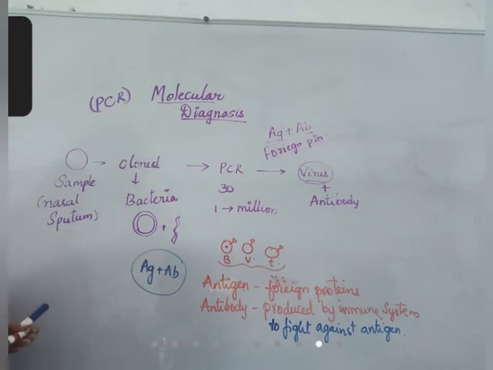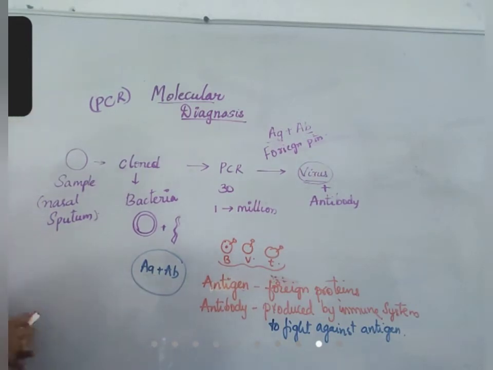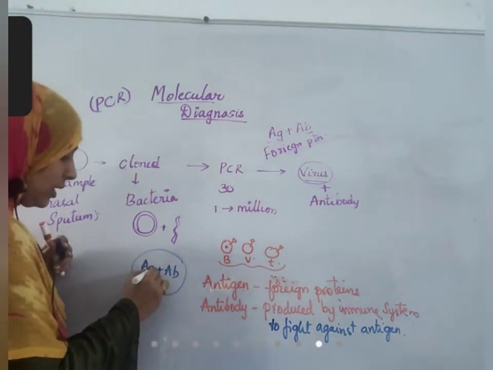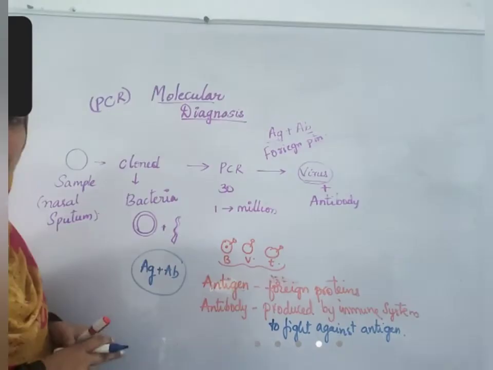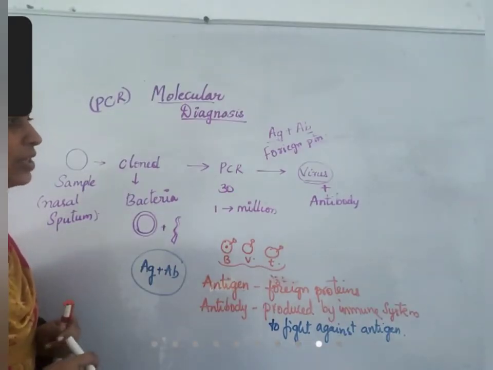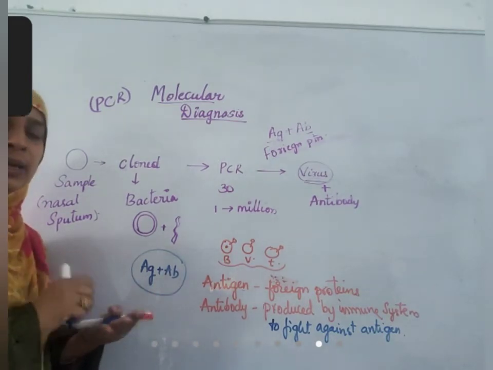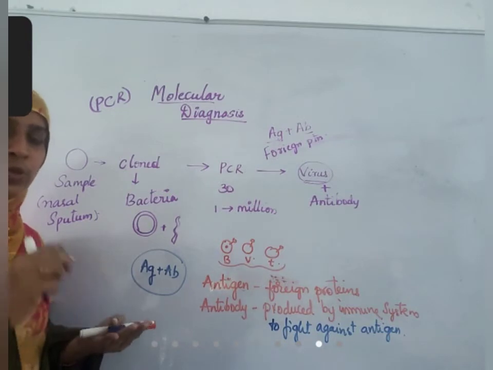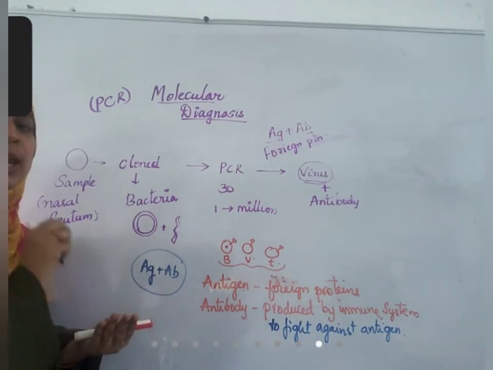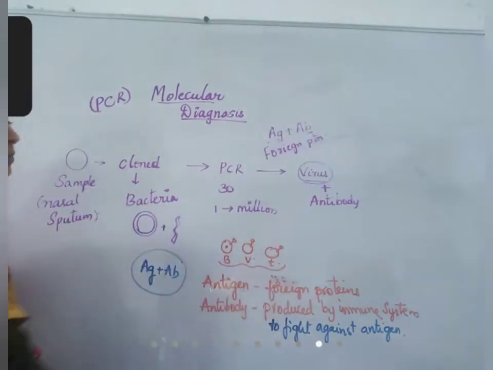If our body is not successful in fighting, if the antibody is not able to kill this antigen, our body has failed and the antigen will cause the disease. That is how it operates. For every antigen, the antibody is specific. Like you cannot open a lock with any key you have. You should have the key of that lock only. Like that, every antigen has a specific antibody.